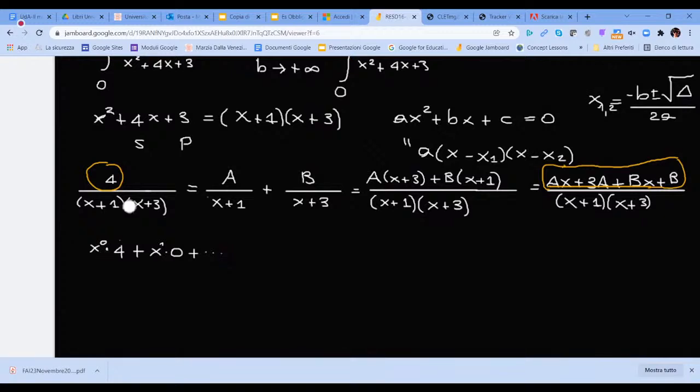You can see it as a polynomial where the only coefficient that remains is the coefficient of the 0 degree. And what we have on the right side,